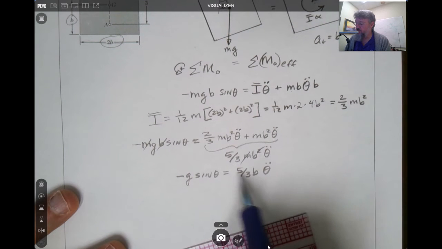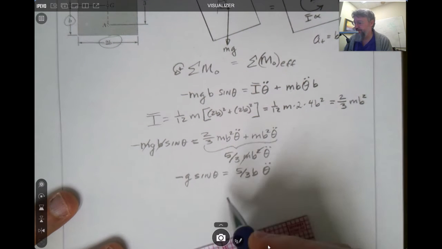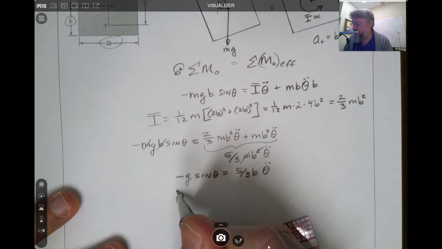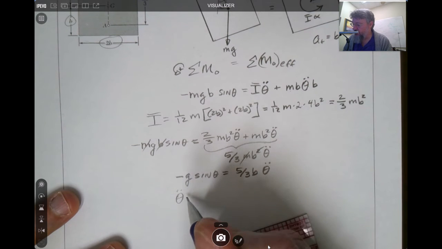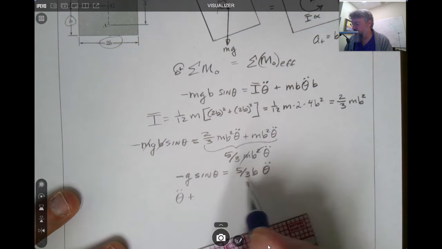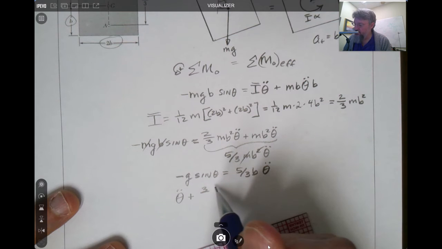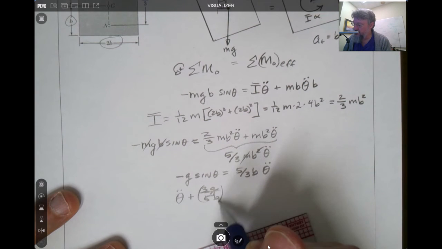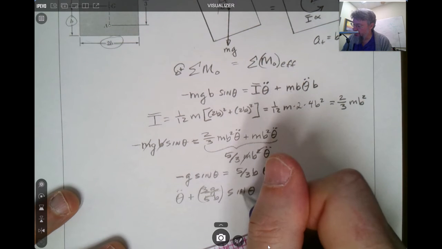So we want to put this back into the second order differential equation form, where we gather everything together, and let's bring this on the other side so it's plus. So we get 3g over 5b sine of theta equals 0. Now that's not an easy